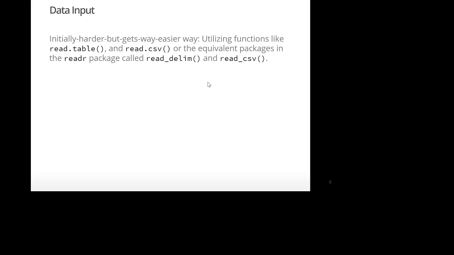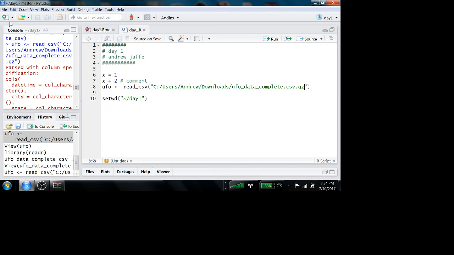The default ways of reading in data are these base R functions called read.table and read.csv. By base R, I mean ones that come with R that you don't have to install any add-on packages for. But there's this package by Hadley Wickham called readr that does read_delim and read_csv. They both do pretty much the same thing. The arguments are slightly different. The only reason we really focused on the underscore version is that RStudio now defaults to the underscore version using readr. And you can actually see that when you went through the dropdown